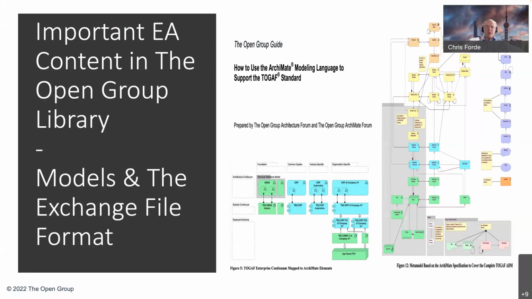Here we've got a guide document, not a TOGAF series guide, but a guide document on how to use the Archimate modeling language to support the TOGAF standard. This document was published simultaneously with the 10th edition, but it's not a part of the standard. It's extraordinarily useful to practitioners. The document compares and contrasts the current 10th edition with the Archimate standard and proposes example models in Archimate notation of TOGAF. Now I've extracted here examples of the enterprise continuum and the ADM represented in Archimate.